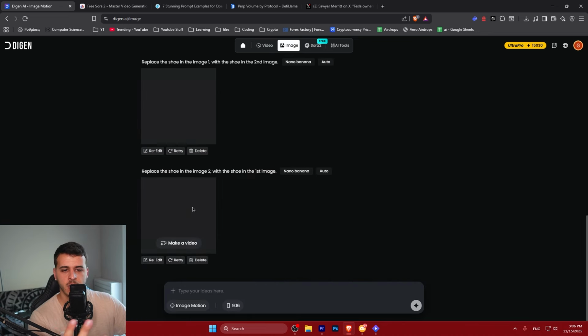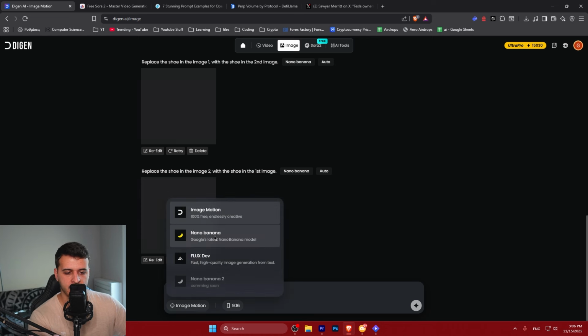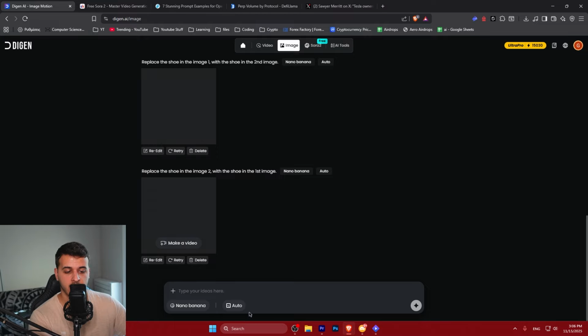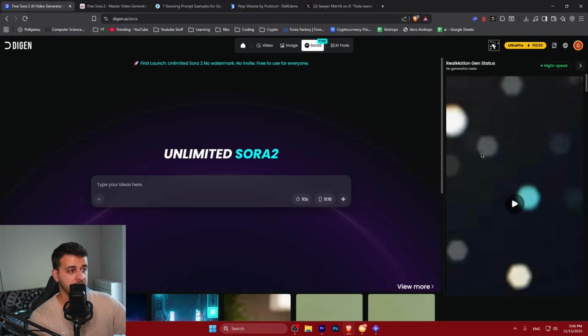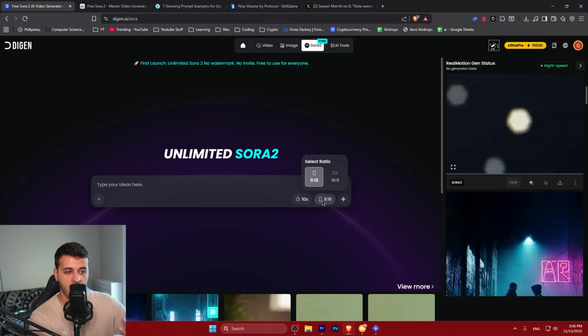You take an image, you optimize it using Nano Banana inside the platform. You can even generate an image from scratch. You can select the aspect ratio, and based on the image you create, you can save it locally on your computer and go ahead on Sora 2, test out your prompt, get some initial video generations on the aspect ratio